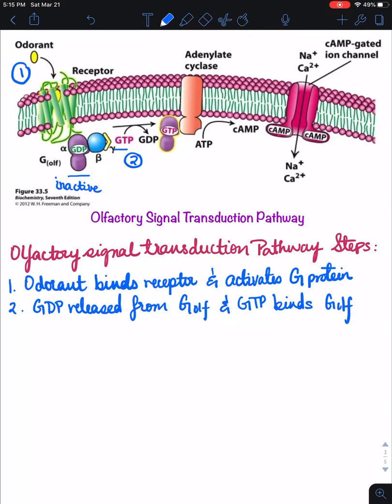Okay, so once that activation process happens, part of that is dissociating the beta and gamma subunits from the alpha subunit. So now the GTP-bound alpha subunit, or G-olf, will bind to adenylate cyclase. So this is step number 3. So G-olf